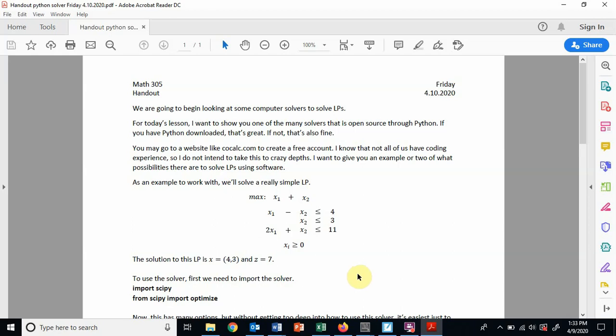Hey everybody. So today I'm going to actually start having us look at some solvers to solve LPs. So we're doing our little bit of code writing. I know some of y'all are computer science majors, so y'all are used to writing a lot of code, but also some of y'all may have never written any code before. So I'm going to teach it as if you've never used any of the software I'm fixing to show you. Although I know some of y'all have programmed in Python before, it's actually what I'm going to show you first